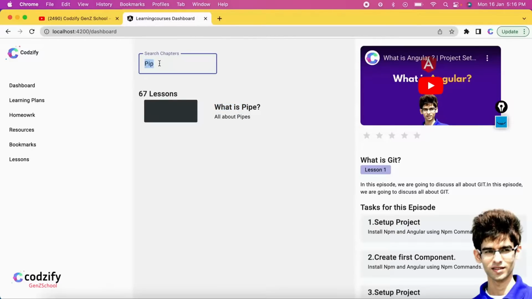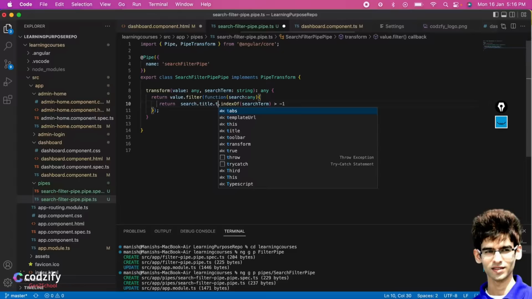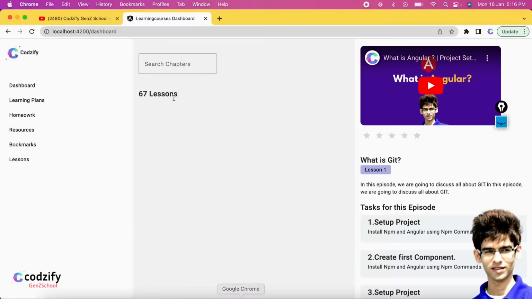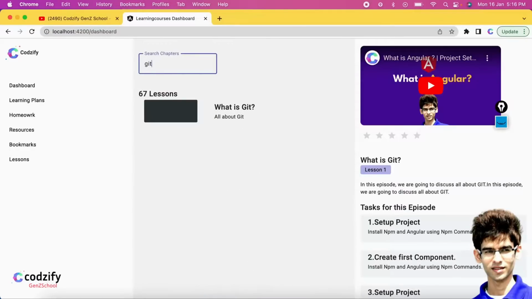If I type pipe, we have 1 chapter on pipe. But as you can see here, if I write git like this or Angular like this in lowercase format, the chapters are not coming. So for that, after this title, if the title is in lowercase, right, git.